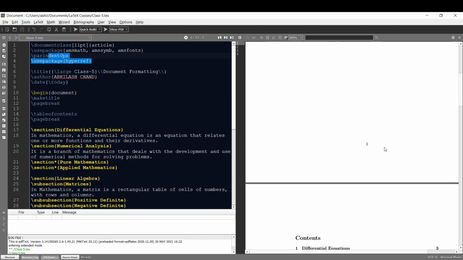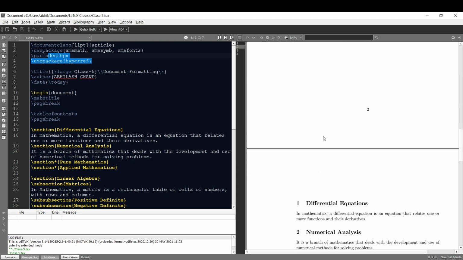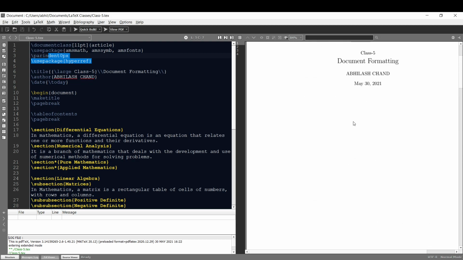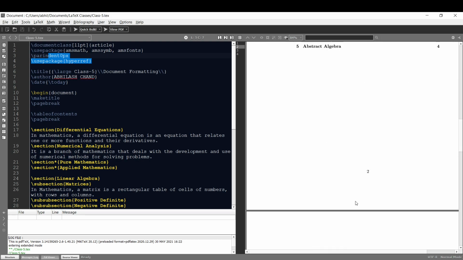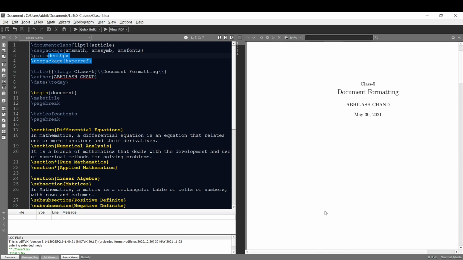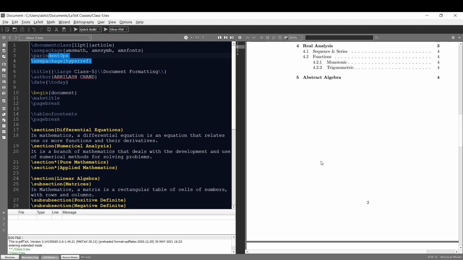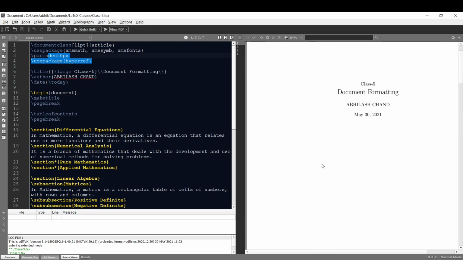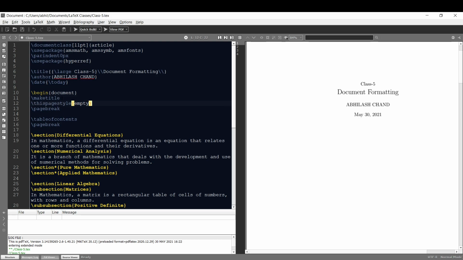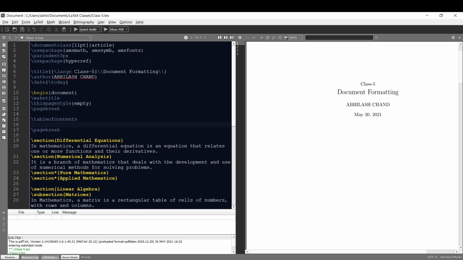Finally, you can notice that my title page and my table of contents page are numbered 1 and 2 respectively by default, but I don't want any numbering on my title page or table of contents page. So to make the page numbering empty on these 2 pages, I have to use the \thispagestyle{empty} command 2 times right after \maketitle and the \tableofcontents command to remove page numbers from these 2 pages. First, let me write this page style empty command here, then again I have to write this page style empty command here after my table of contents.